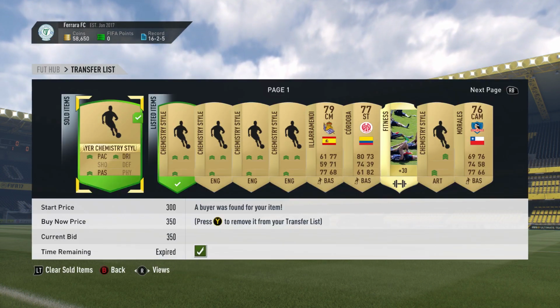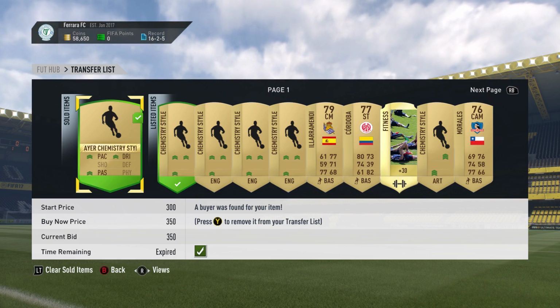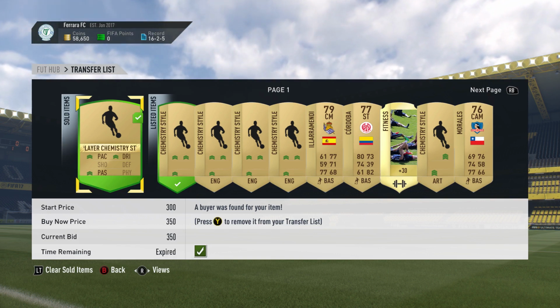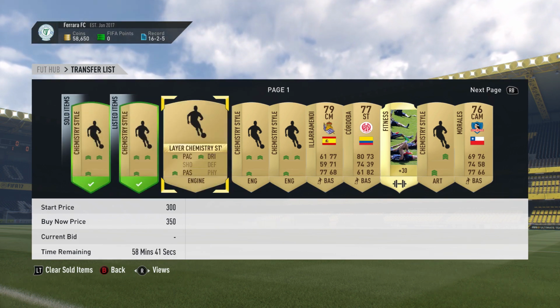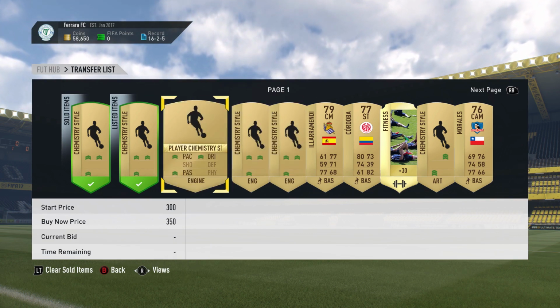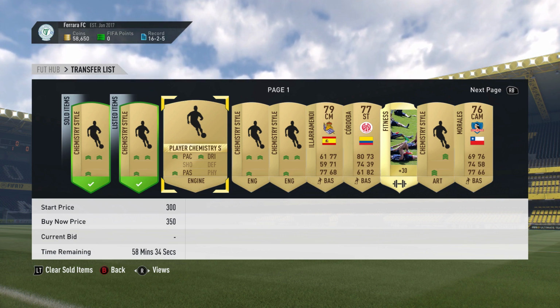Right, so I've listed them all up and then just come straight back to the transfer list, just to make another point to you guys. So we only had 6 of these and we listed them all up. 3 of them quickly sold, the other 3 are still listed with 58 minutes left. If we'd listed 10 of these up and they were selling at 1 a minute, which they roughly are, then